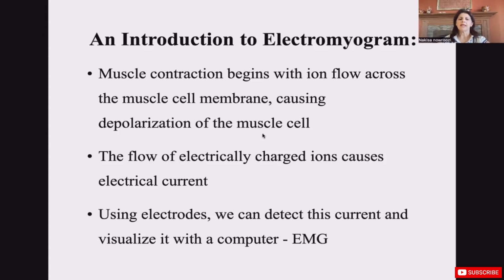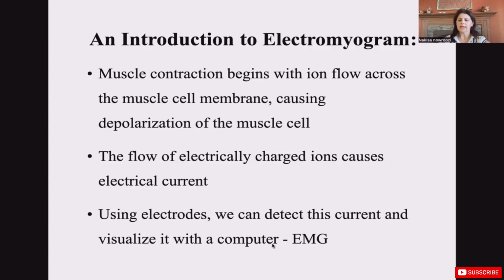The flow of electrically charged ions causes electrical current. And if you use electrodes on the surface of the skin, we can detect this current and visualize it using a computer program. And this is called